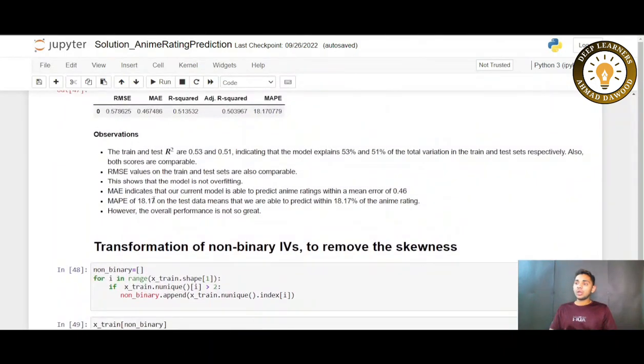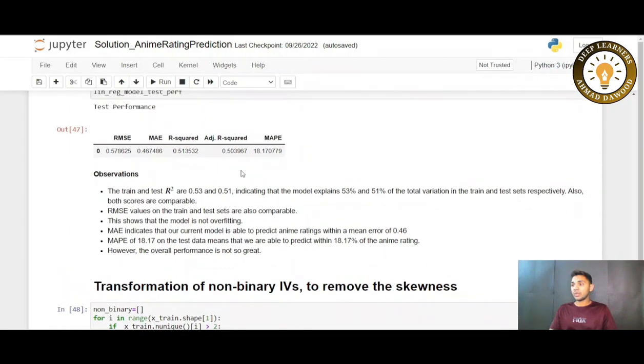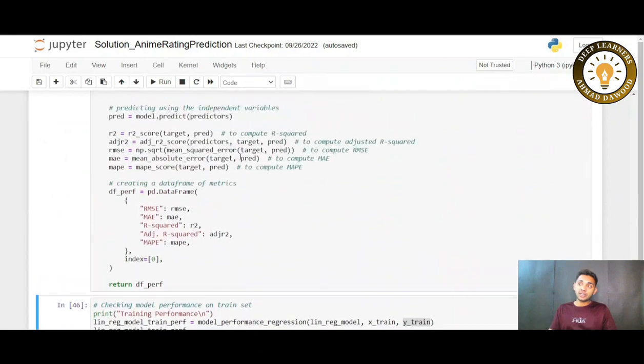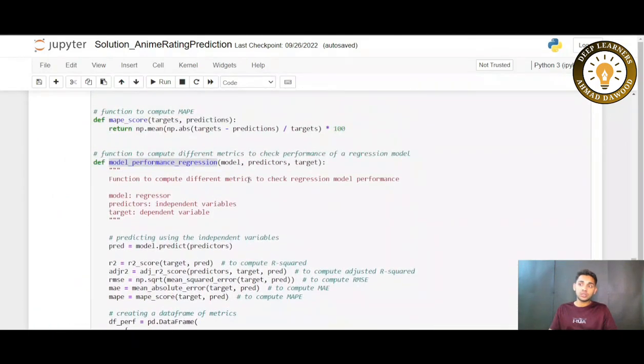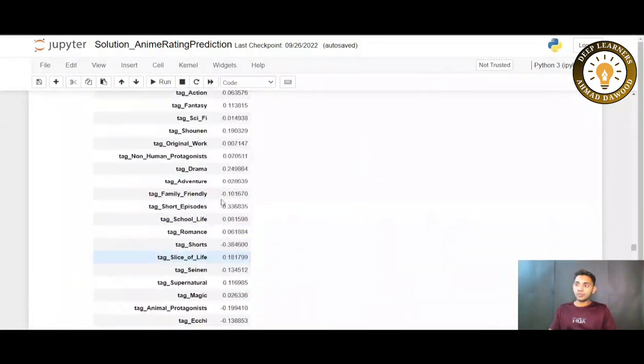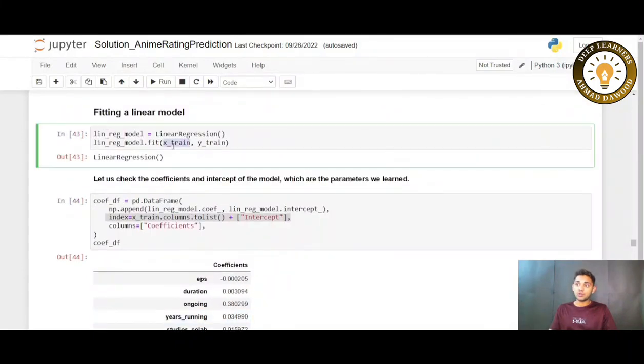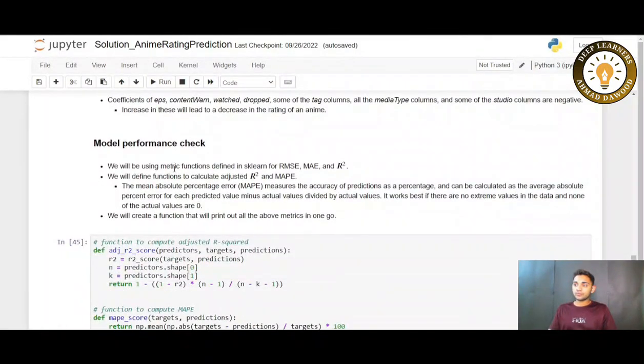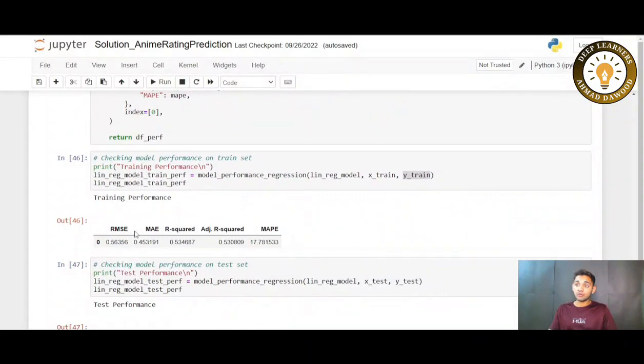Okay, there can be another reason that I forgot here. The reason can be that some columns, like I told you, have right skewness in them, so we have not removed the skewness before training our model. This can be a reason. So when we have seen that our model's performance is not so good,